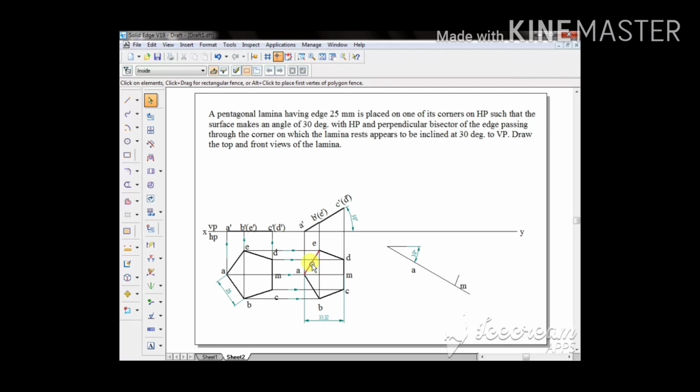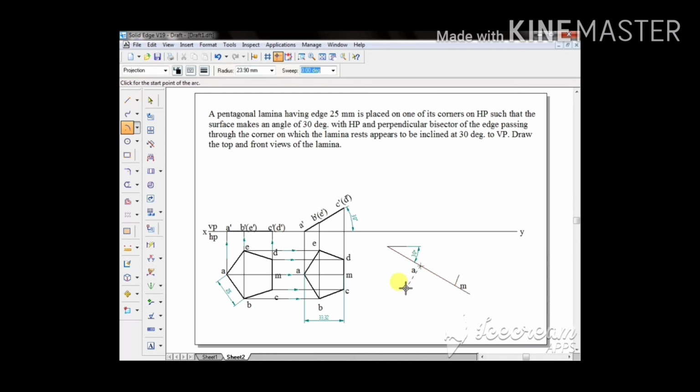Now we'll find out the other points here. That line is 23.90, and this center point, so it is 23.90.